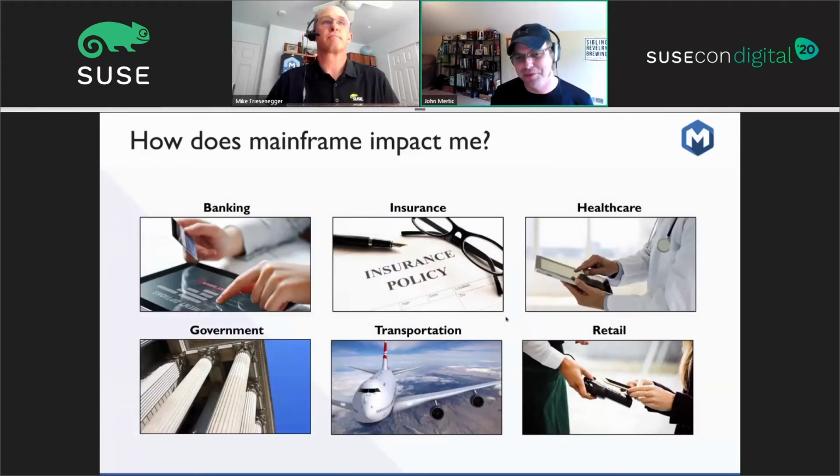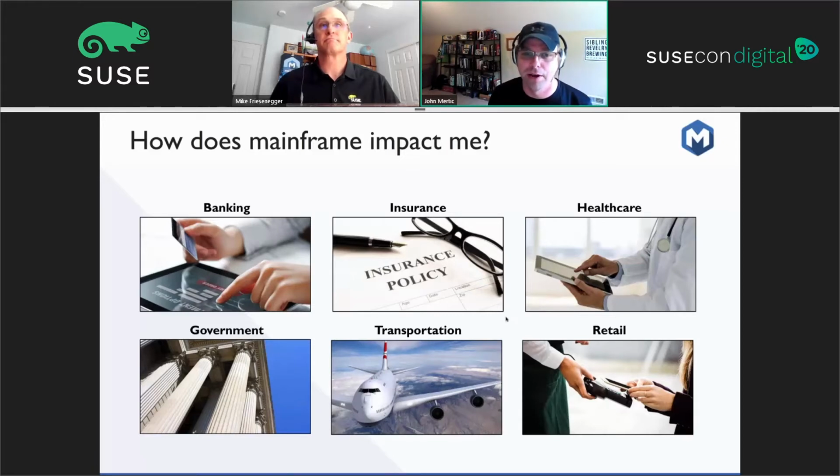But when you think about this box, everyone thinks of, okay, well, great, mainframe, very powerful computer, fantastic. How does it impact me? Every one of these sectors is backed by a mainframe. And if you look at every single one of these sectors, they are critical to our society. They're not just important things. They're not just really helpful things. They are critical. Banking transactions, if you go use your credit card anywhere, that is thanks to a mainframe. If you get on an airplane, or at least in the days when you used to do that, that is all thanks to a mainframe. The healthcare system background is